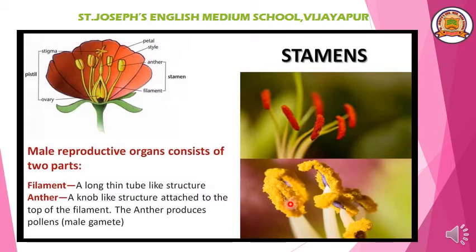It produces a small structure. You can see it is a very velvety, powder-like structure that is called pollen grains. These are called the male gamete. Okay. Anther and filament are the male reproductive parts of a flower. The male reproductive part produces a yellow-colored powdery substance called pollen or pollen grains. This is about the male reproductive part of a flower.